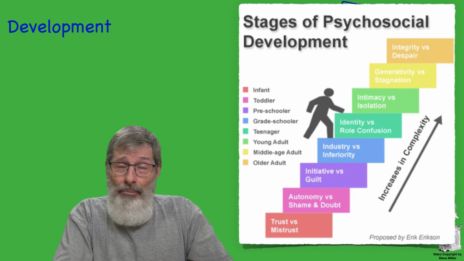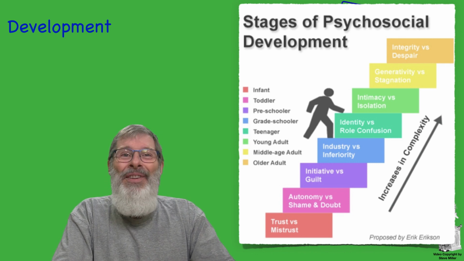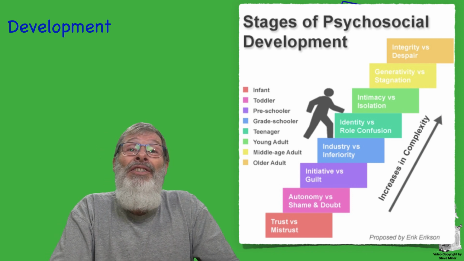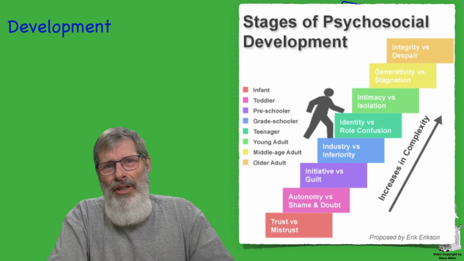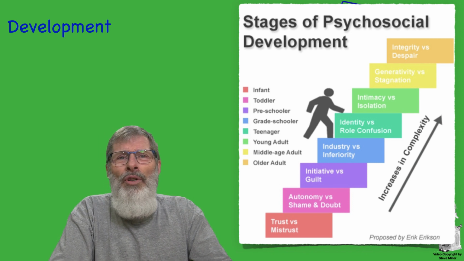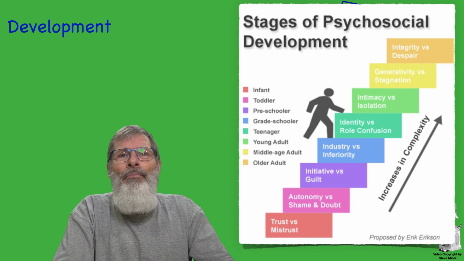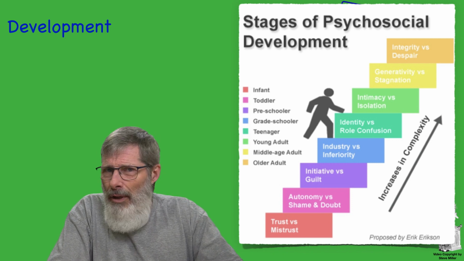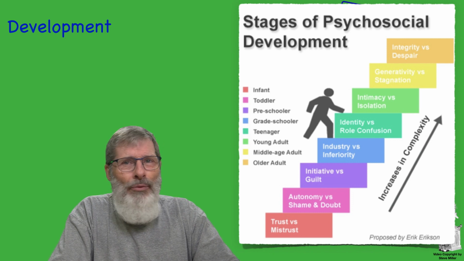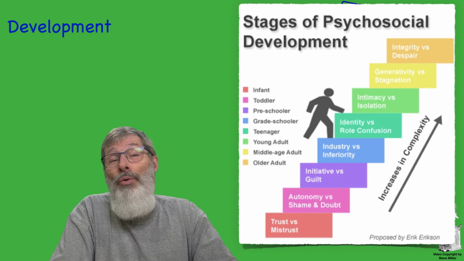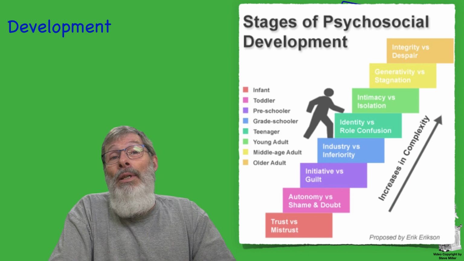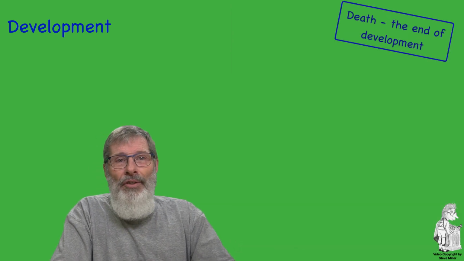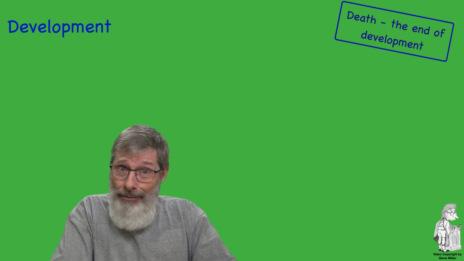By late adulthood, well, here we're experiencing Erikson's ego integrity versus despair stage, and here we try to keep seeing that there is purpose and meaning in our life. We are less interested in accumulating stuff as we are with seeing value in what we do. And then lastly, and not leastly, there's death, the end of our development.